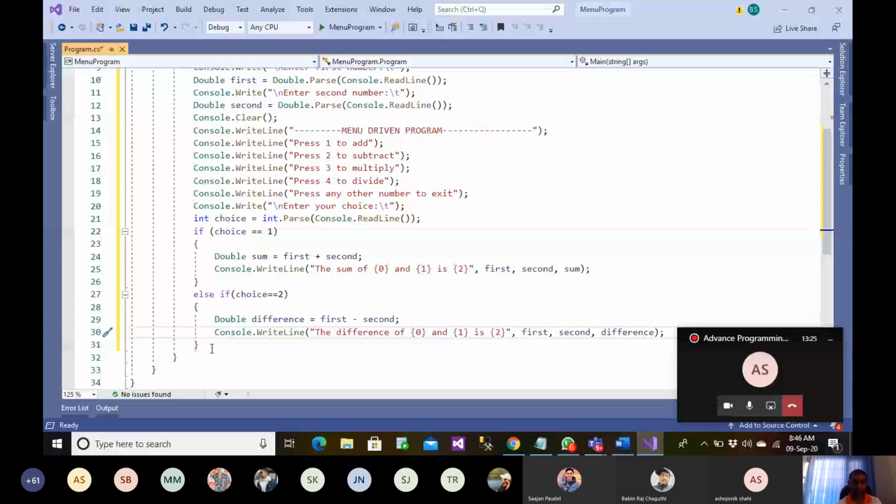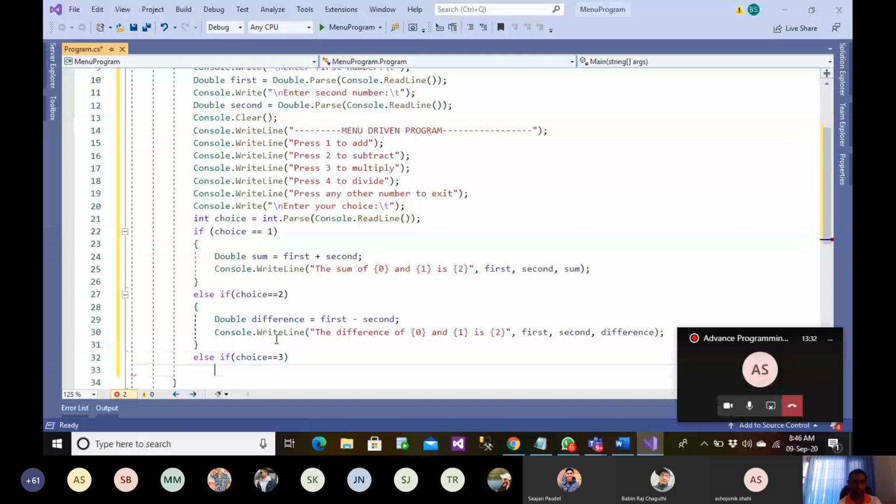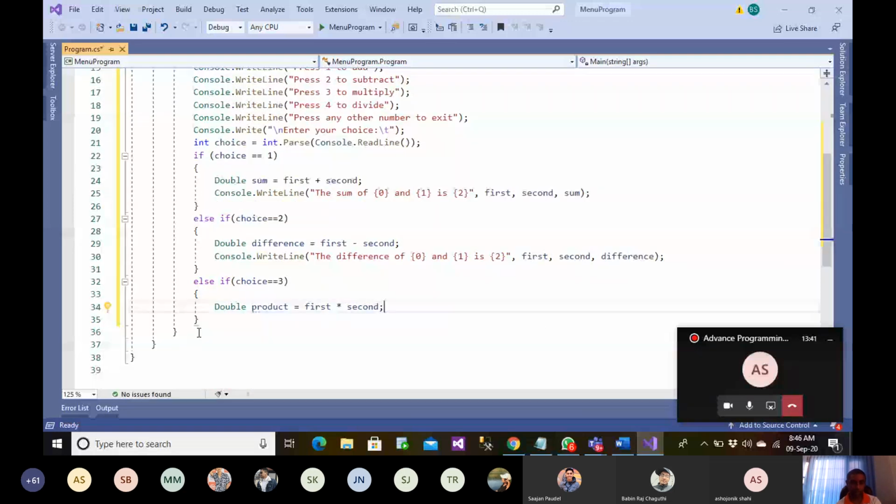Similarly, we will also go for multiplications. Choice equals to 3, and double product equals to first into second. All right, so we have a product of these two numbers here.